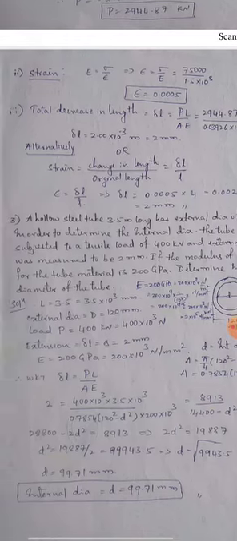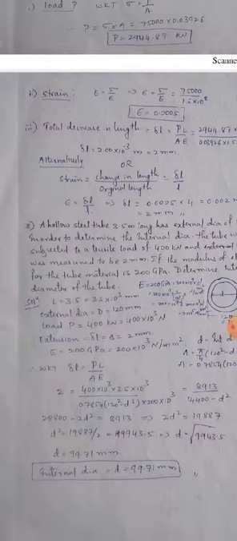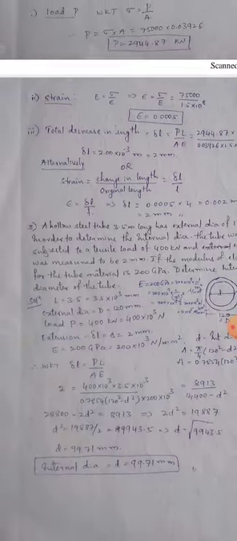Clear? Then we know the extension, that is delta L is equal to how much? PL by AE. In this case, the unknown factor is in area only, that is small d. So apply some basic mathematical equation and try to calculate the inner dia. Therefore, d is equal to how much? 99.71 mm. And further we will continue with the next class.